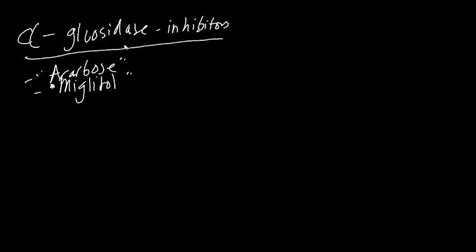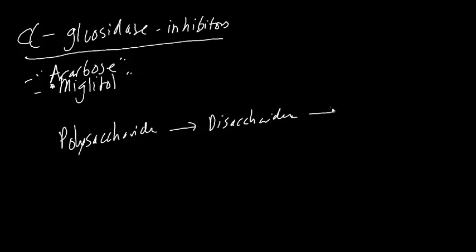Now, what is an alpha glucosidase inhibitor? Well, let's go to GI physiology here, and kind of a little bit of biochemistry when you think about it. Polysaccharide. So when you're thinking carbohydrates, a lot of carbohydrates stuck together in a chain is going to form a polysaccharide. Polysaccharides get broken down into disaccharides, and disaccharides get broken down into monosaccharides. So we've got polysaccharides, which is going to be a whole long string of carbohydrate, disaccharides, which are going to be two carbohydrates that are going to be stuck together, and monosaccharides, which are just going to be single carbohydrate molecules. So we're going to take a polysaccharide, break that down in the small intestine,